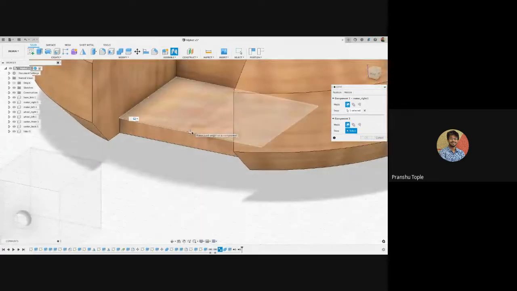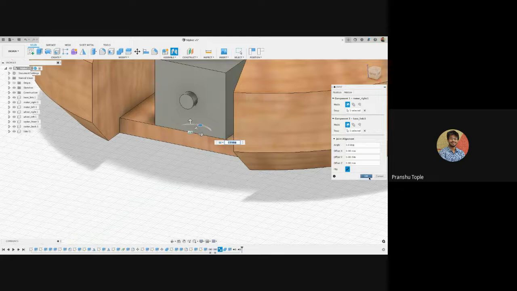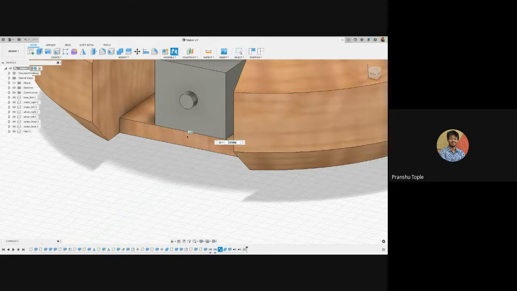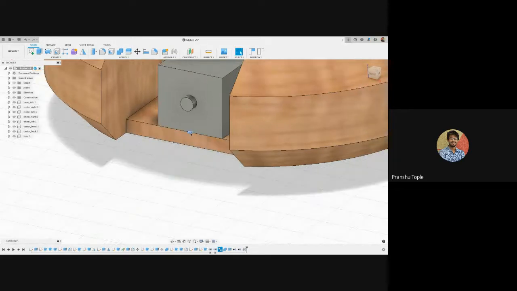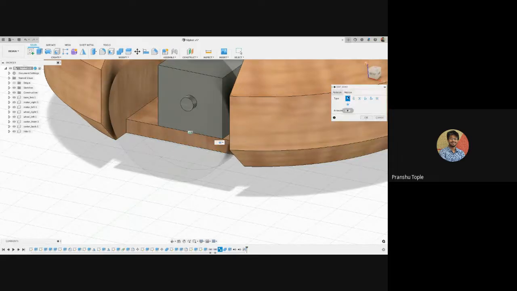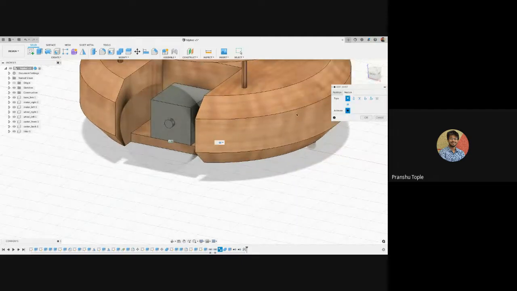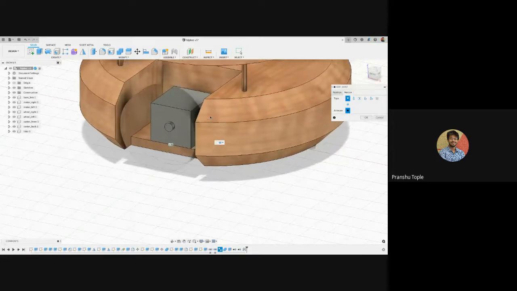So here you can see I'm not attaching it to the edge, I'm attaching it to the surface. If I select here, perfect. Press OK. So here you can see a small shape. So this shape stands for rigid joint. I can click it and I can edit joint, and I can go into motion. So here there are simple motions that we can do. I can animate it. So here you can see it is vibrating. So it's like a rigid joint.